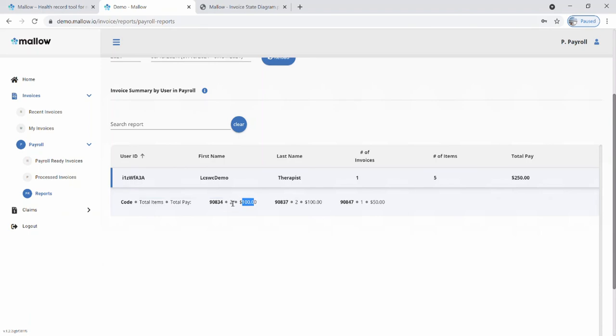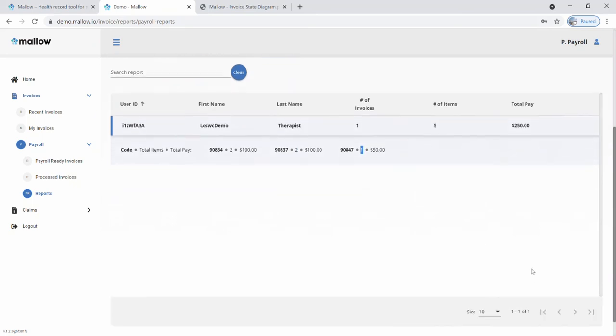So for a 90834, in all the invoices that we've processed for this person for the upcoming pay schedule, there were two of them, and they will be paid $100. And then similarly, 90837, there were two of them, and they will be paid $100. And then there was one 90847, for which the person will be paid $50. So this gives you a good quick summary for the person that's processing payroll and cutting checks to know exactly the amount to